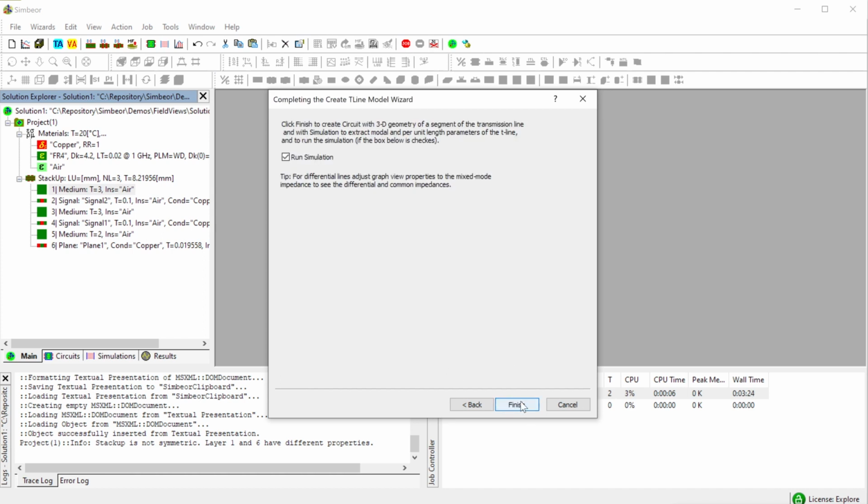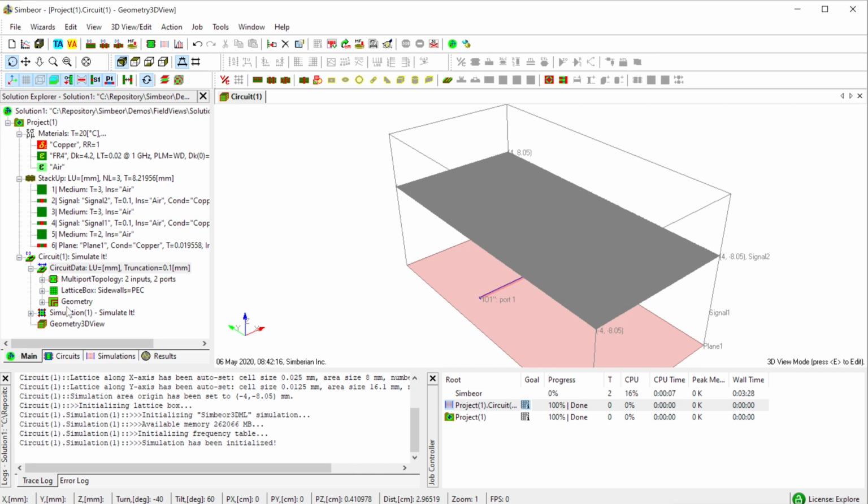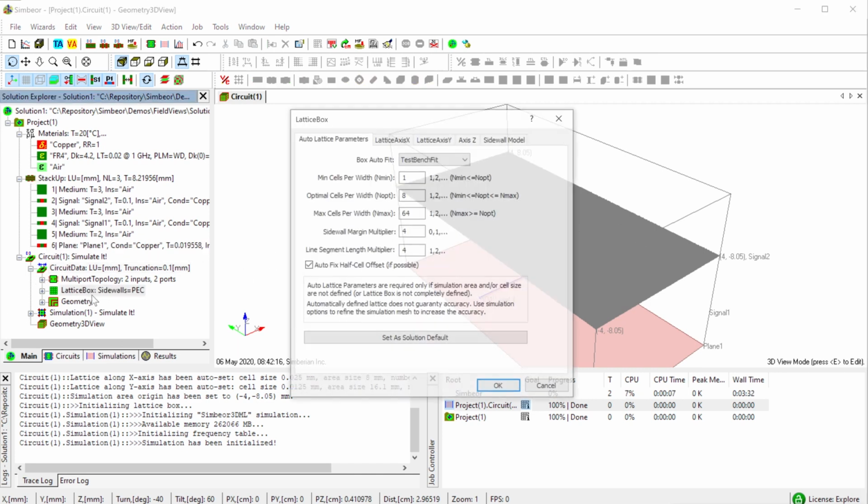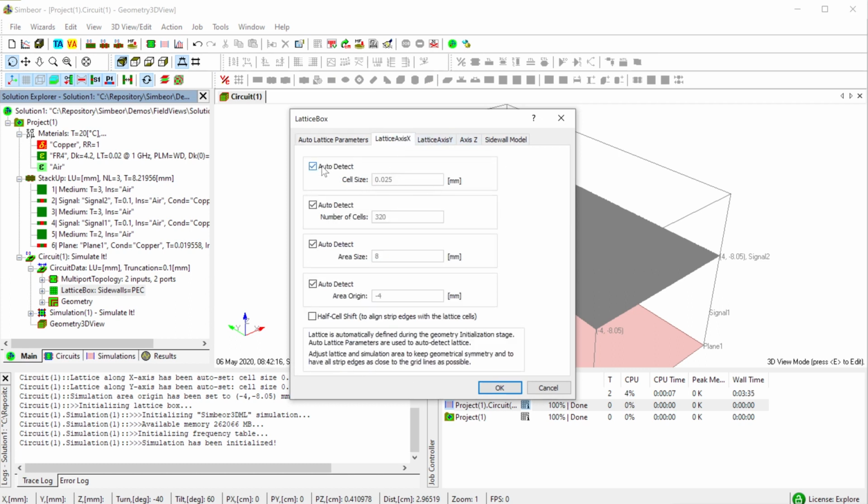I'll use default everything. Right here, first I need to set up the simulation area box and so on. So I do it in Lattice box, and I'll use 0.1 millimeter width. So for quick analysis, I use 0.05 millimeter mesh.